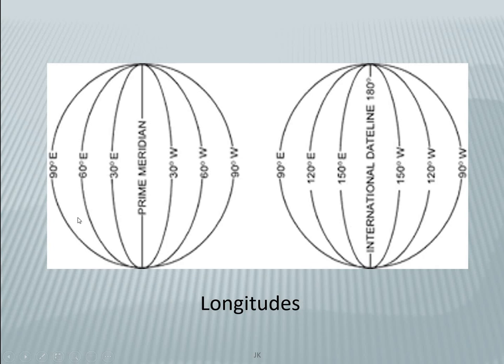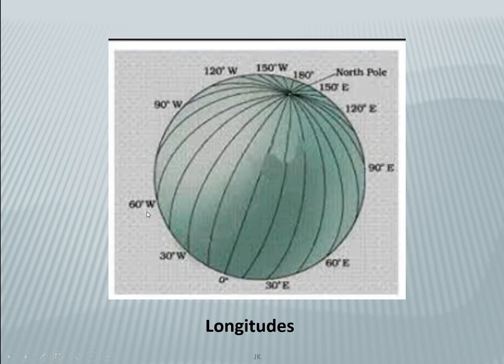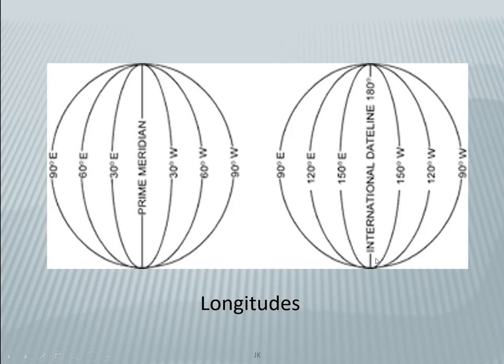meridian. So this goes on to 150 degree, and here it is 180 degree, and the west side goes forward to here, and 90 degree west, 120. This is the back side and this is the front side of longitudes. Okay, you can see here in this diagram also. So these are longitudes which steadily decrease towards the poles and they meet here. Okay, so this is the concept of longitudes.